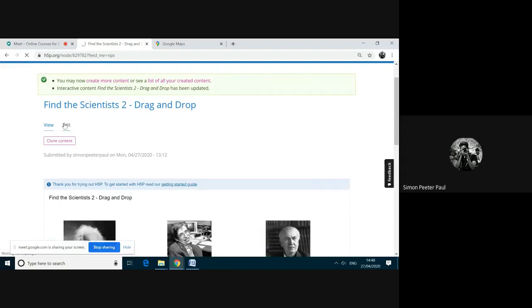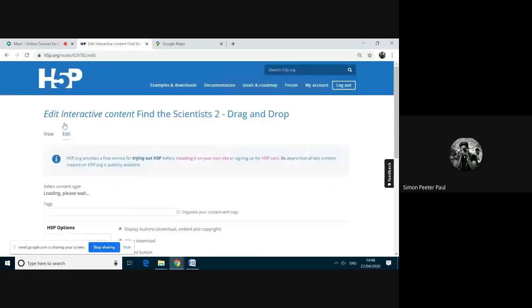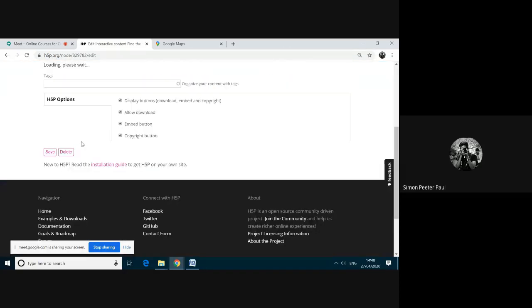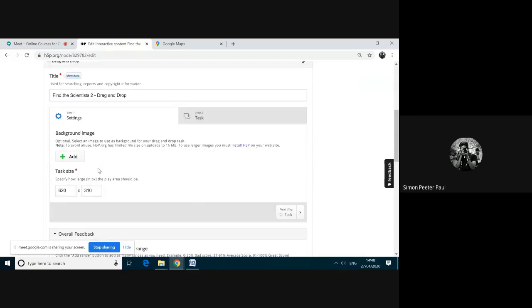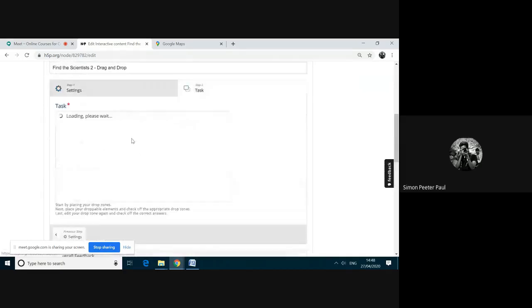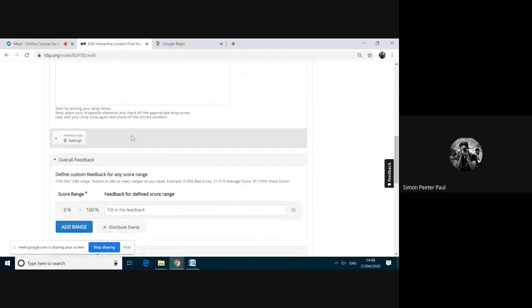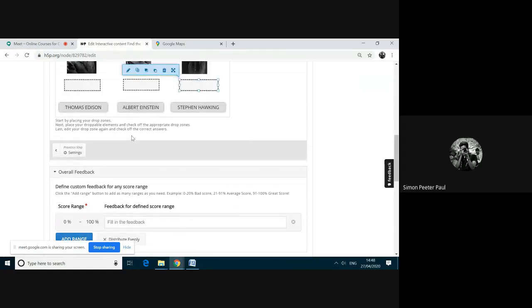Are you clear till now? Are you clear with drag and drop? If you need any queries, you can ask. If you need any more explanation in any part, I can repeat again. Till now, are you clear? Just type the message so that we can move on to the next one. Just fast, make it fast. I want immediate response. Yes, yes, yes. Okay. I got only one message.